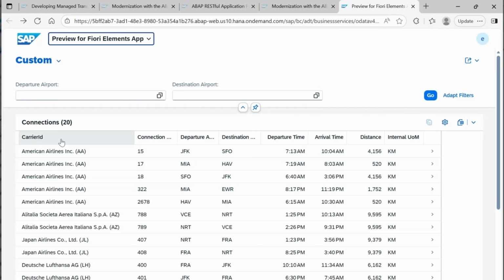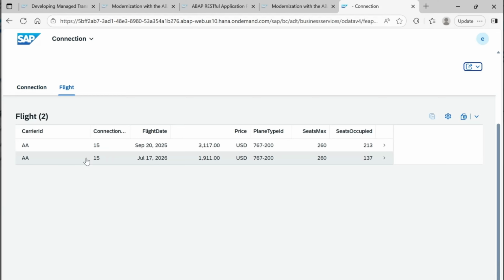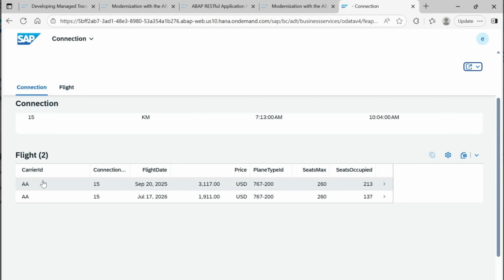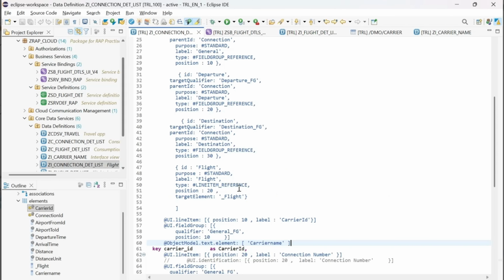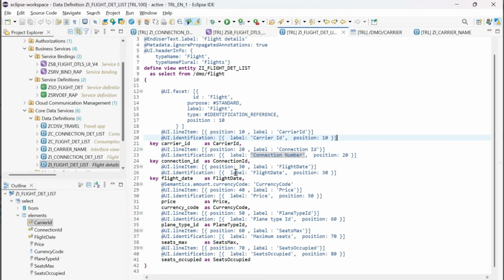Now if you observe, we are getting the text along with the IDs. So using that object model text one, you will be able to get the description here. But in your flight view, flight object base, you are not getting that because we have only established the relationship in our connection view. If you want that to be present, the same way you have to add here, you have to establish